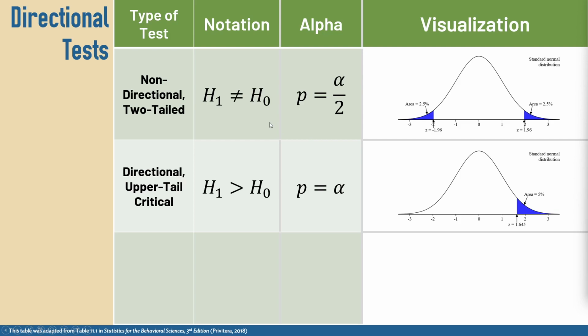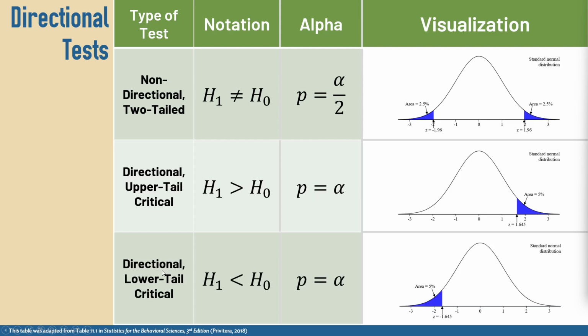And now for a directional upper tail critical, well, in directional or one tail tests, p equals alpha, right? Because now we're taking that entire criteria, that entire proportion, and putting it in one tail of the distribution. So here, to get a p of 0.05 or an area of 5%, we're at a z of 1.645, right? So you can see that's a lower z-score than the